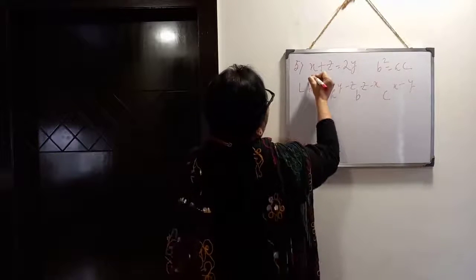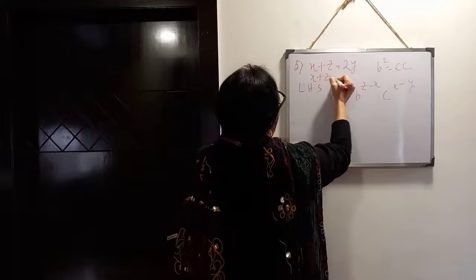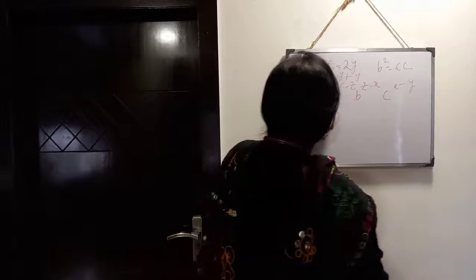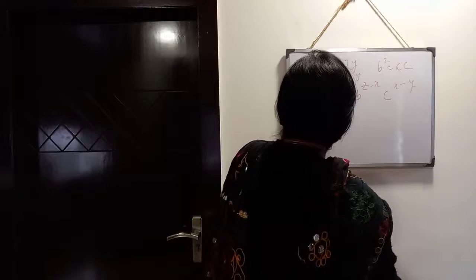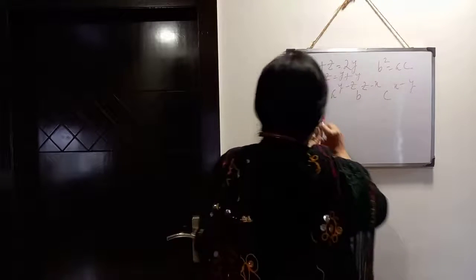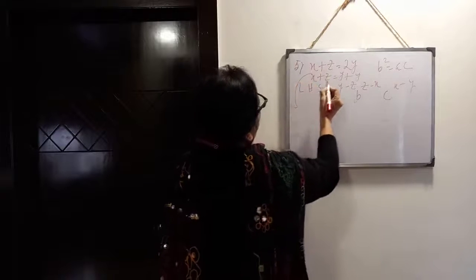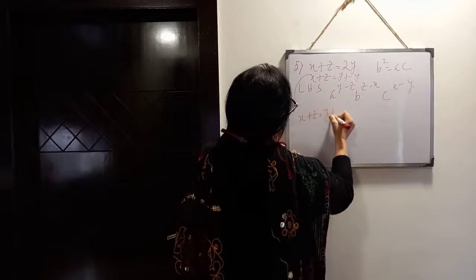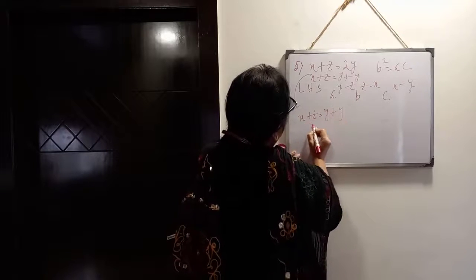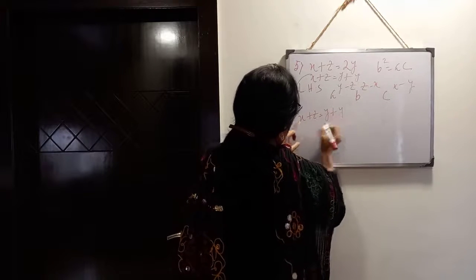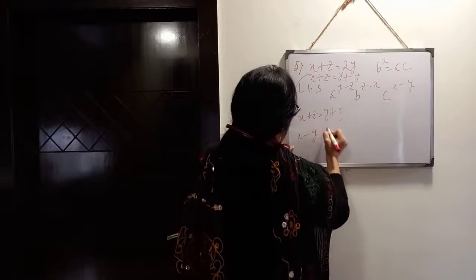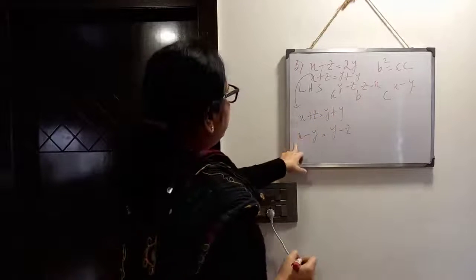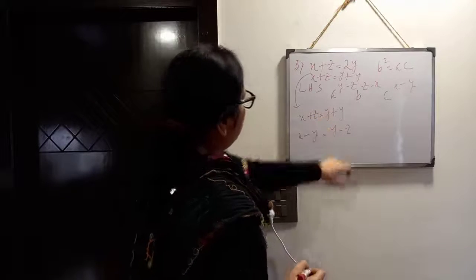So if we write here x plus z equals y plus y. Now see, there is y minus z. So y minus z, z I am taking this side. Okay, from here I am explaining you. x plus z equals, given, y plus y. So x minus y I am taking this side and z I am taking that side. We can write this now, x minus y equals y minus z.